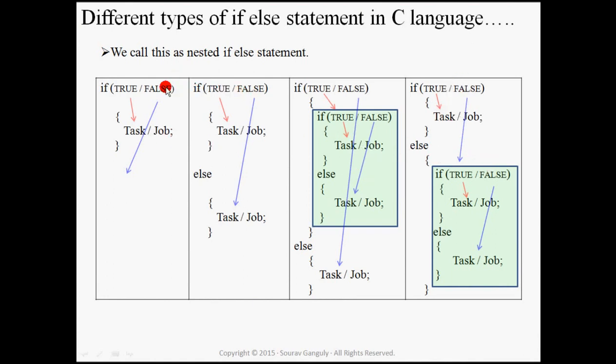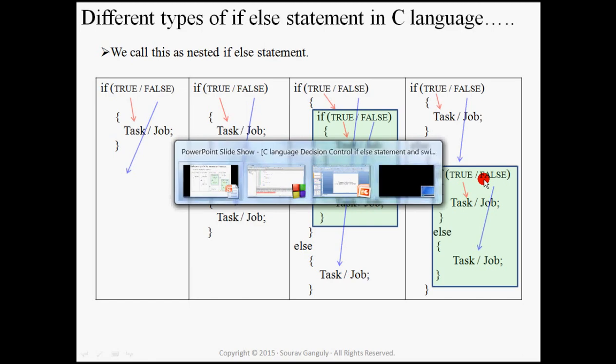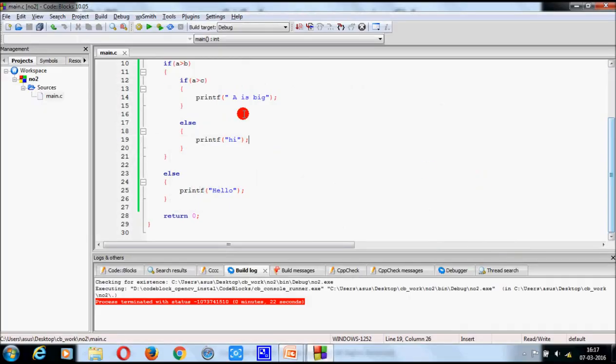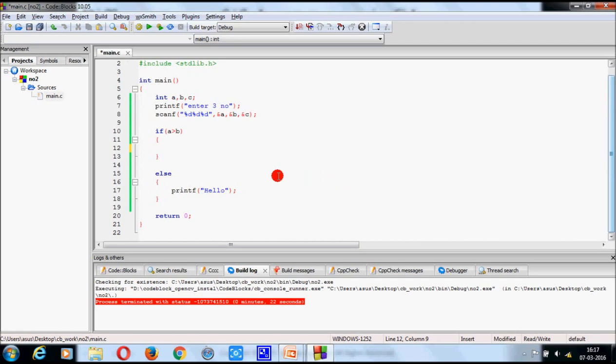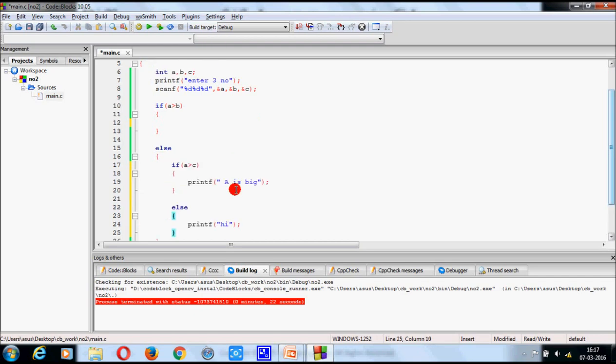We see the example of this, and we will see now this. That means if A is greater than B, then you will not get anything.